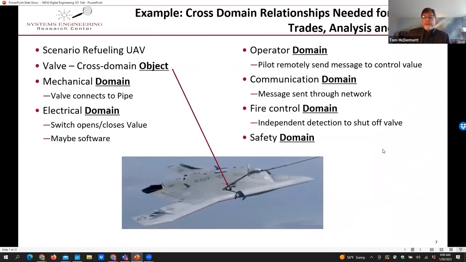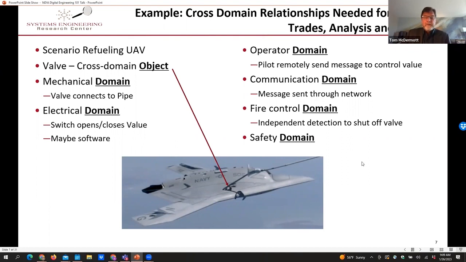To give you an example, let's look at this unmanned Navy drone performing in-air refueling autonomously from a military tanker aircraft. The particular scenario here is refueling the unmanned aircraft. And all the way down at the bottom, there might be a part, the fuel valve.